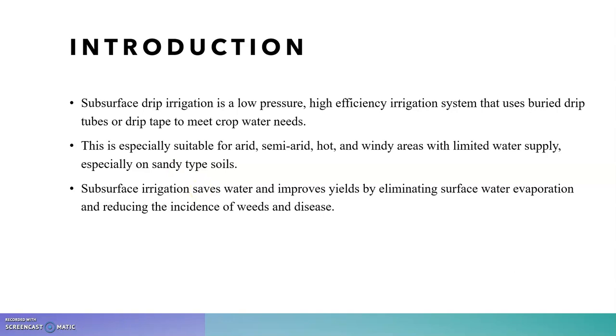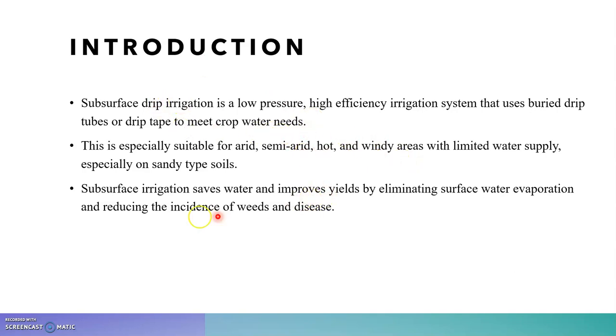If sprinkler is between 70 to 80%, then the efficiency of the drip system comes over 90%. So it's actually good to use, good to use with water conservation. And generally, the drip tube is buried under the land, so that we call this a subsurface drip irrigation system.